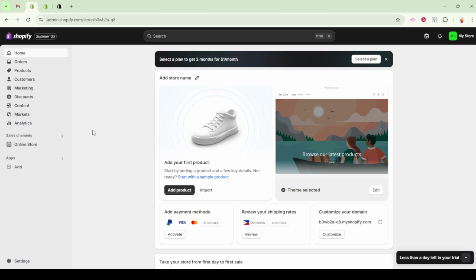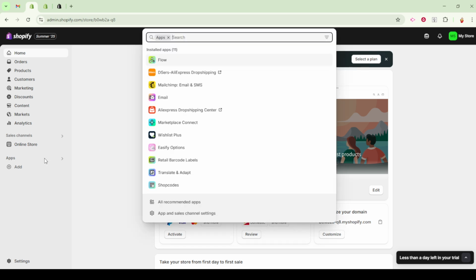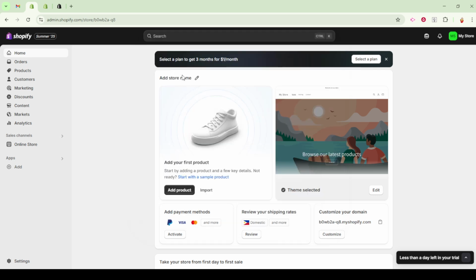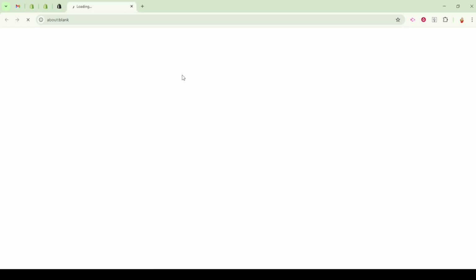Next, it's time to import products. This is where the app truly shines. Head over to AliExpress and start browsing for products you'd like to feature in your Shopify store. Using the app's features, which often include a handy Chrome extension, you can easily import product details such as titles, descriptions, images, and variants into your Shopify store. Keep in mind how crucial it is to select products that resonate with your target audience to optimize your store's